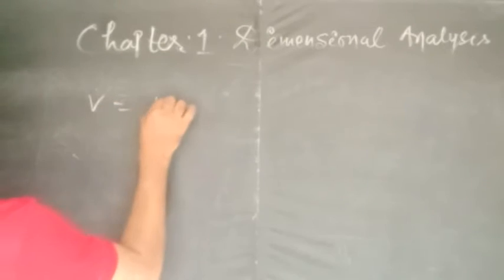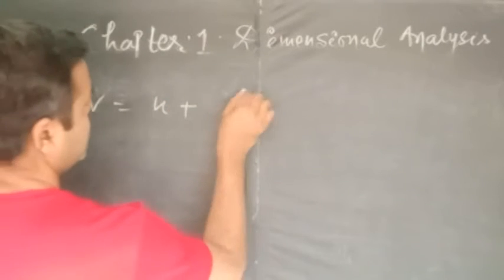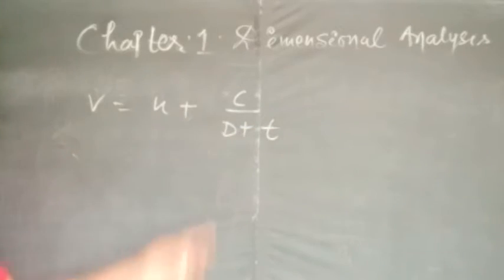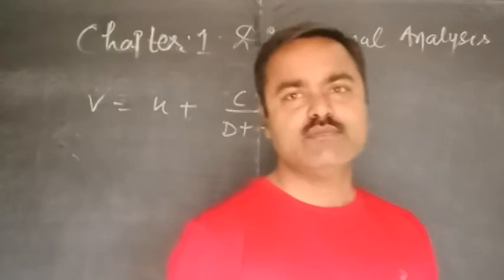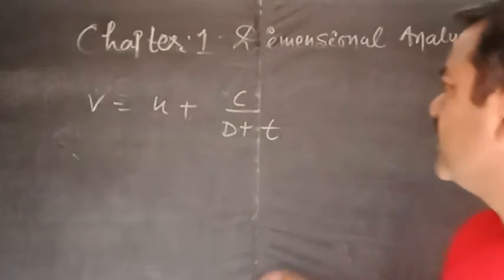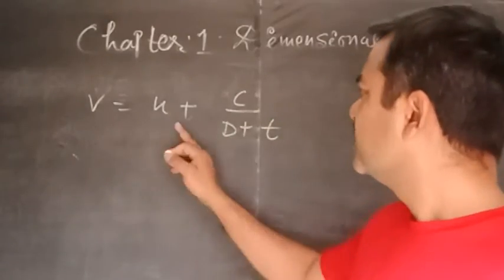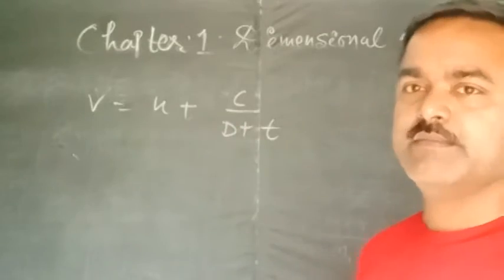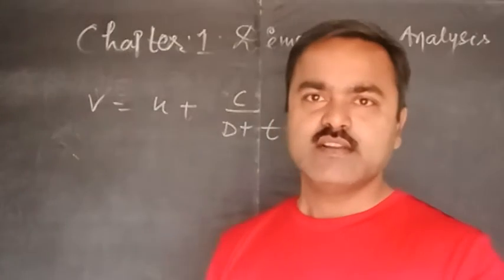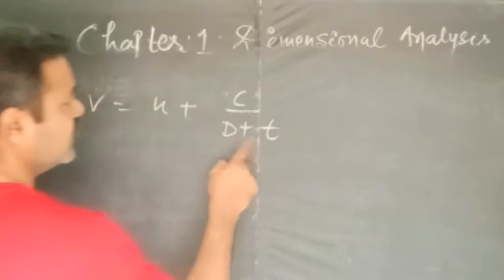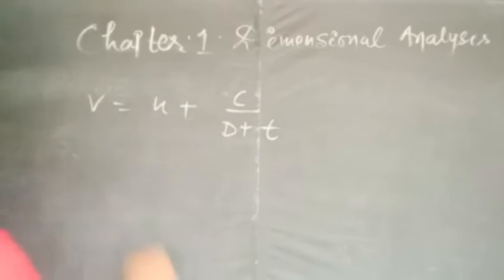V equals U plus C upon D plus T. Suppose this is given, and you have to find the dimensional formula of C and D. If the terms are separated by plus or minus, then their dimensional formulas are the same. So here D and T are separated by plus. Definitely